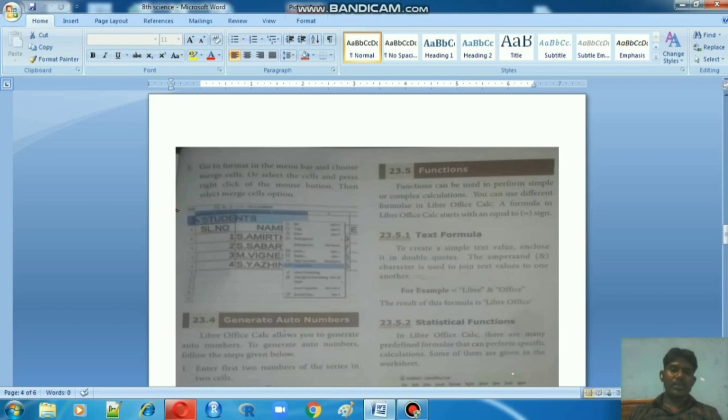Okay, what is the meaning of this, sir? So these both words are joined together. Okay, after typing this formula, you just have to press the Enter key. Okay, these both words are joined together, that is the output of a text formula. Okay, next one,